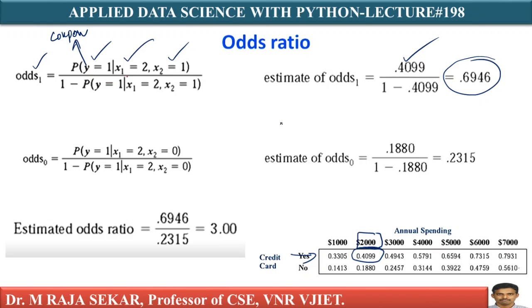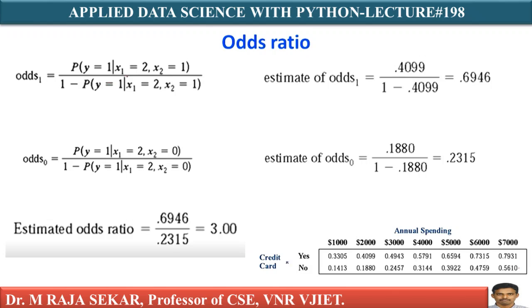This is the values. In similar manner, odds 0 means what? Odds 0 means not using credit card. x2 equal to 0 means what? Not using credit card. Not using credit card means no. And y equal to 1 means what? Using coupon. When $2,000, x1 equal to $2,000 means